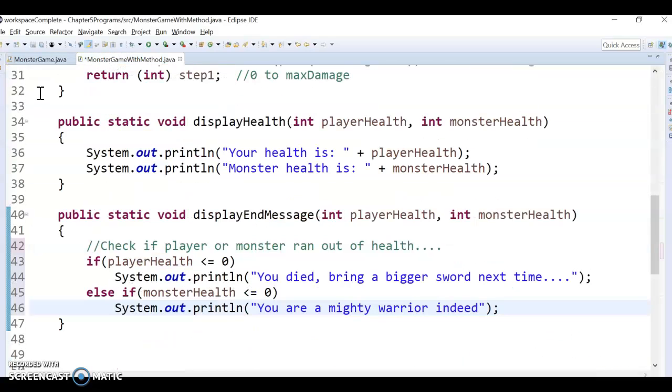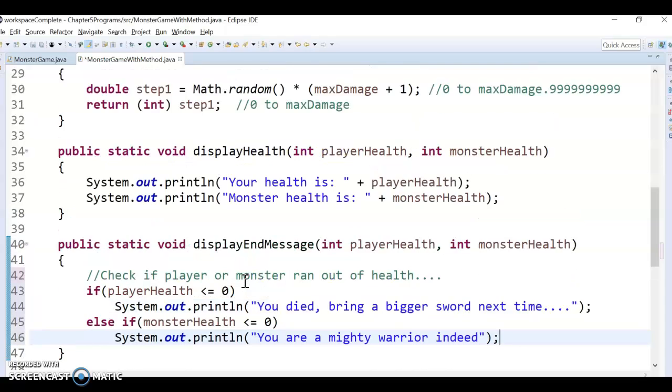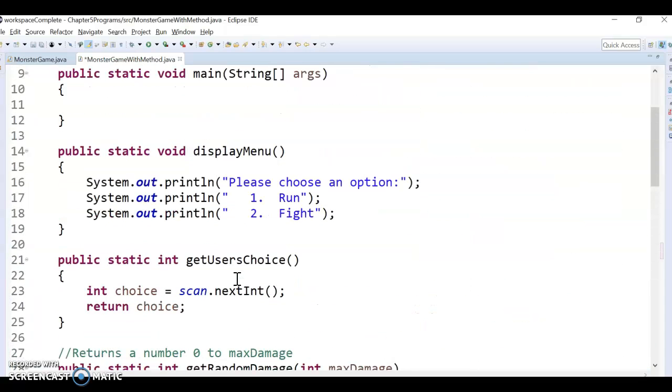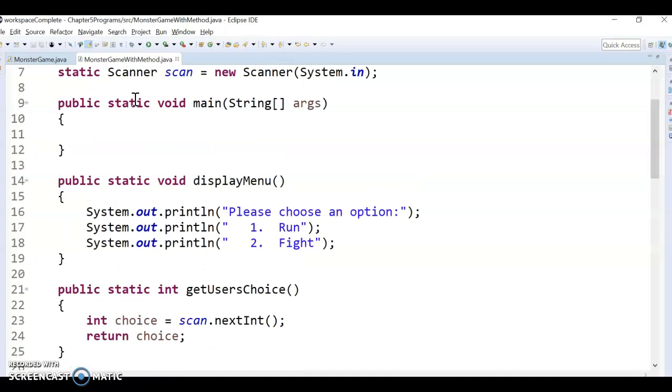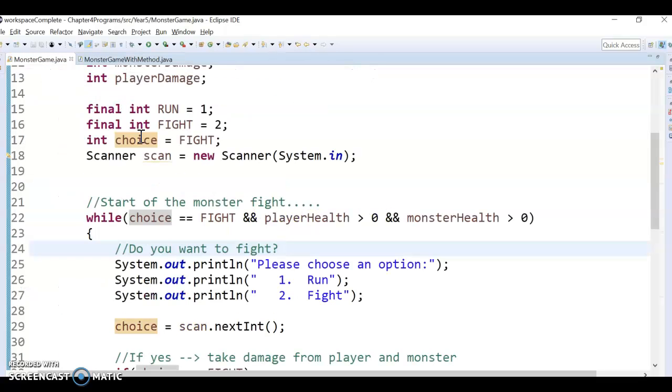Okay, so I believe we have all the pieces, right? We have our 5 methods here, and now we just got to tie them all together in main. Okay, so this is where it's gonna get pretty tough, but I'm gonna go back to my monster game,